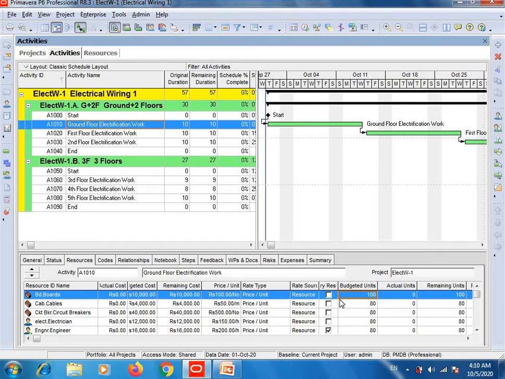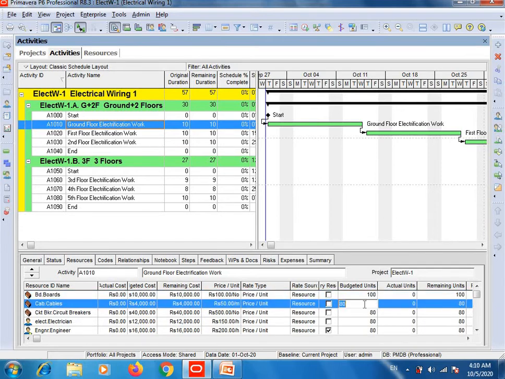And now cables. Here you will write the per meter price of the cable. Sorry, here you will write the total meters which will be required in this activity, and here you can see the price per unit, which is 50 Pakistani rupees per meter.